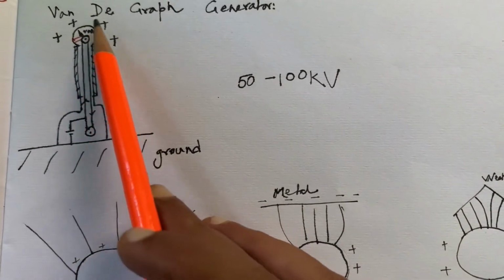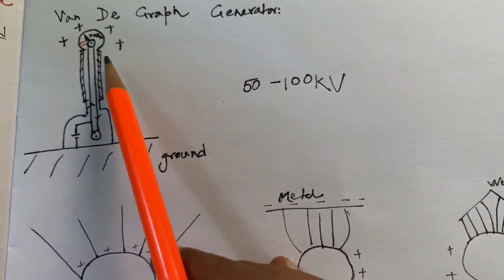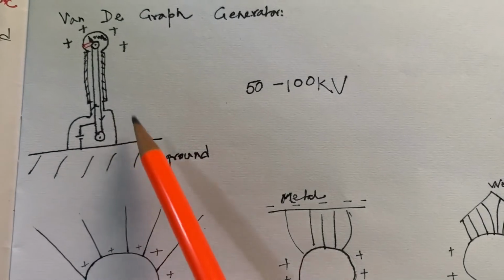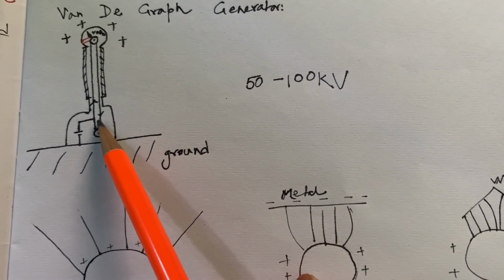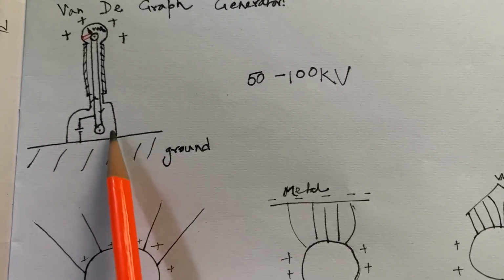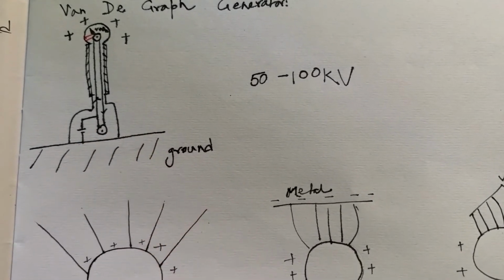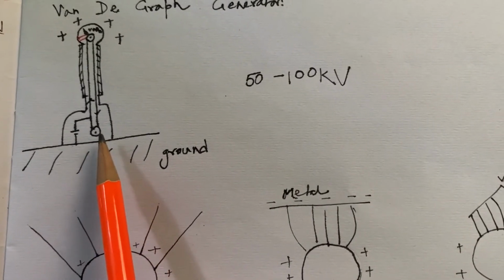I have a metal surface here, a metal ball-like spherical structure here. I have a pulley here, and these two are connected, and this belt is energized with some amount of potential difference at the base. Of course, this generator is grounded, which is extremely necessary. There is a motor which I have not shown here.